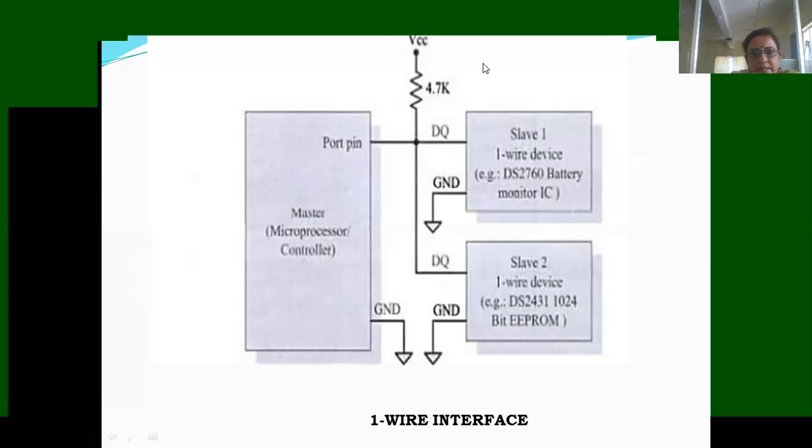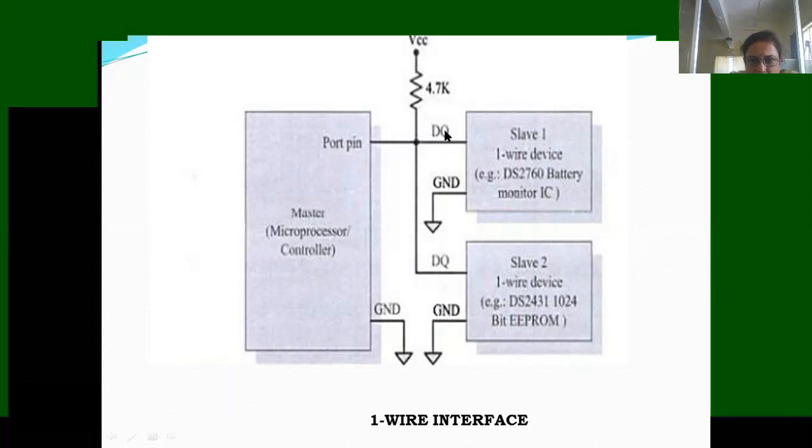So we'll try to understand this with the help of a diagram. You can see here who is acting as the master: the microprocessor or the microcontroller. It will be acting as the master. With its help, more than one slave will be connected. These slaves can be thought of as RAM or ROM, which are on the embedded system PCB board, right?